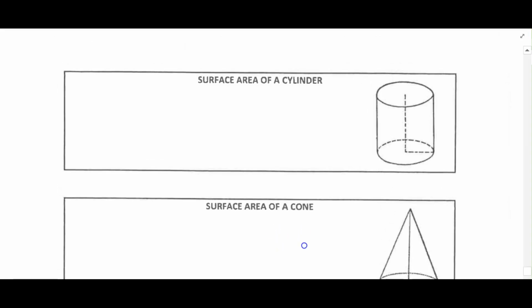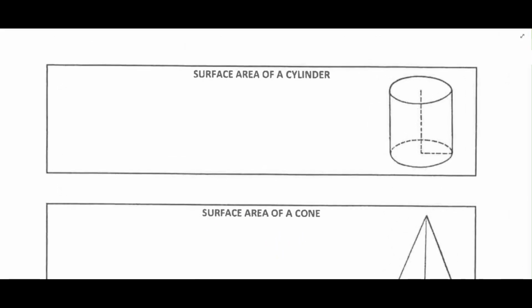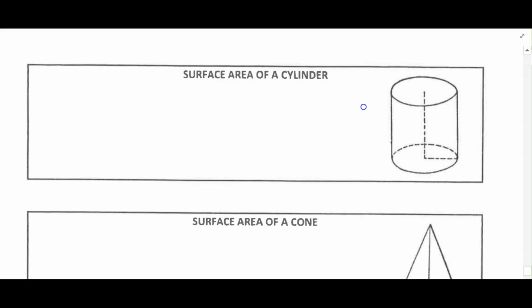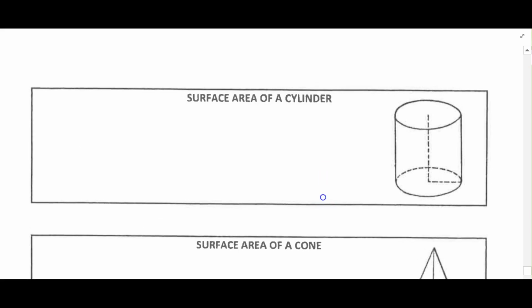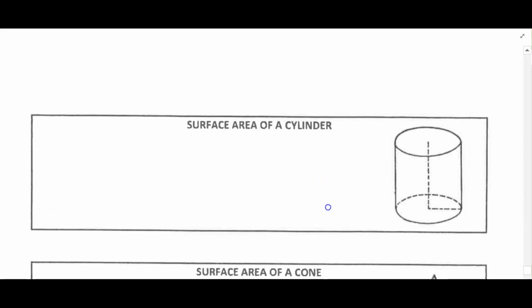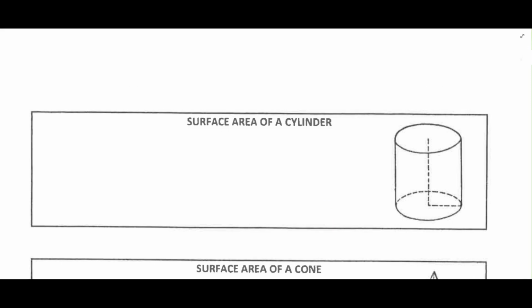Alright, in this video we're going to explore the surface area formula for a cylinder. So let's take a look at this cylinder, and if you recall with some of our polyhedra, when we open them up we would make what we call a net. So let's say we had a cube here. So here's our cube, and if I was going to open this up into its net, it would be a